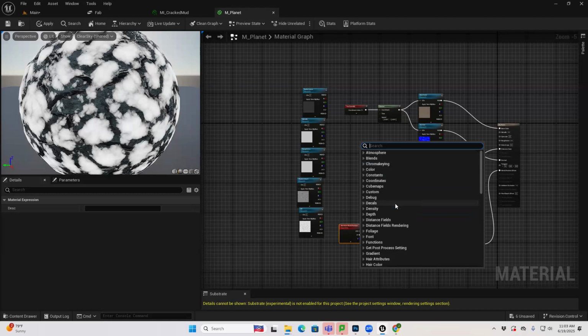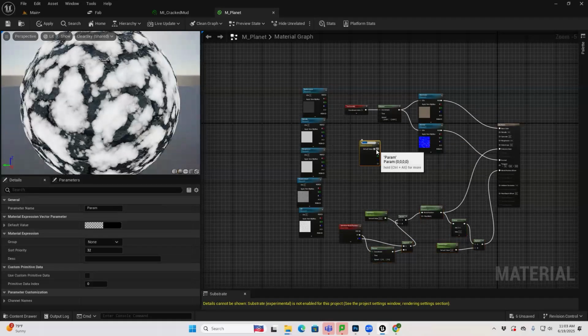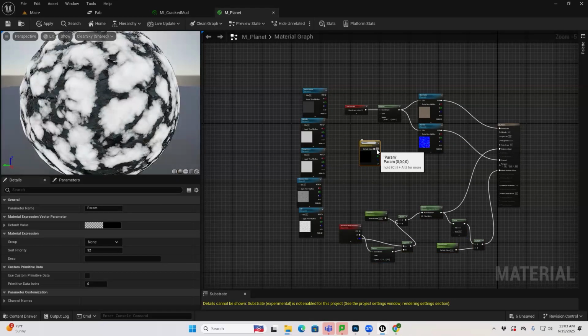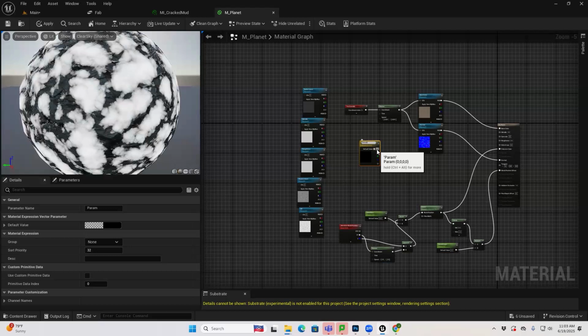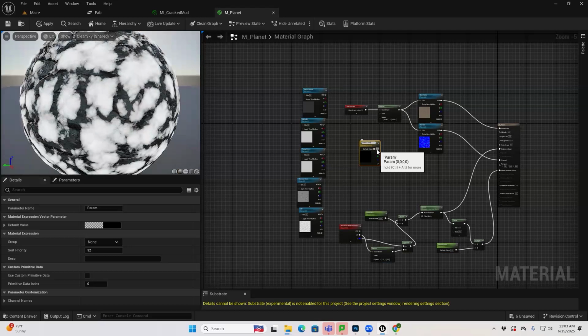So I'm just going to type parameter, right? And instead of a scalar parameter, I'm going to use a vector parameter, right? The difference is a scalar parameter is just one number, a vector parameter is three numbers, right? And that three numbered parameter collectively can be read as a color, right? So for R, G, and B, right? So I'm going to call this ocean color,